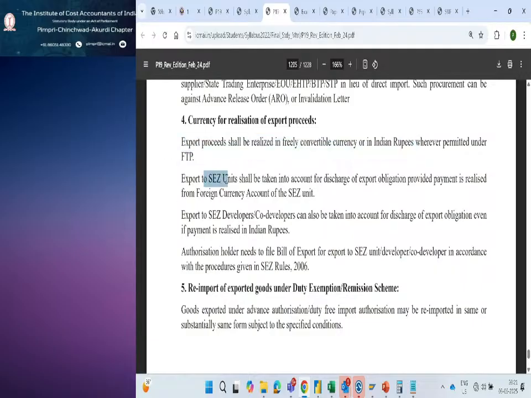Export to SEZ units, that is, to the special economic zones, shall be taken into account for discharge of export obligation, provided conditions are met. So wherever these exceptional cases are there, please pay attention. You are not doing an export outside India, we are doing an export to the SEZ units. So at that time when you are